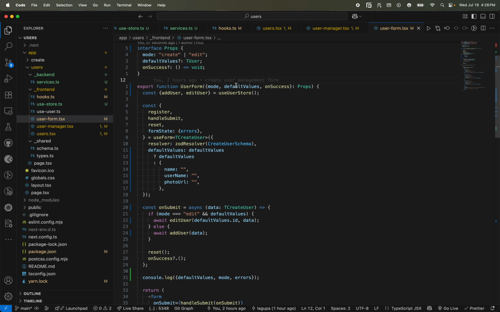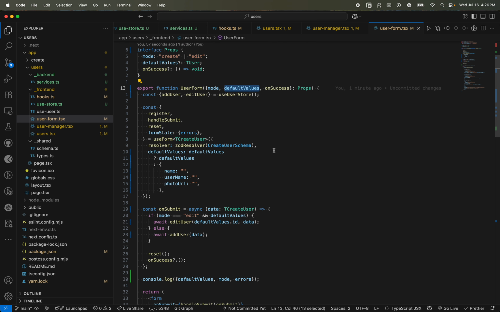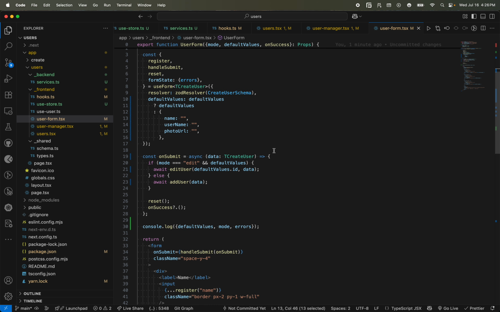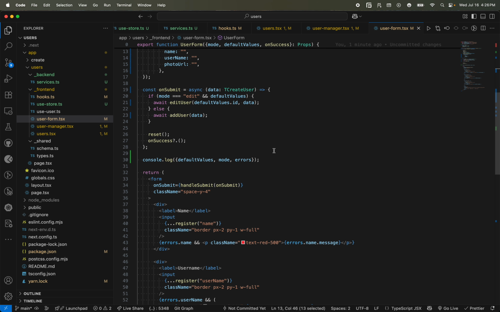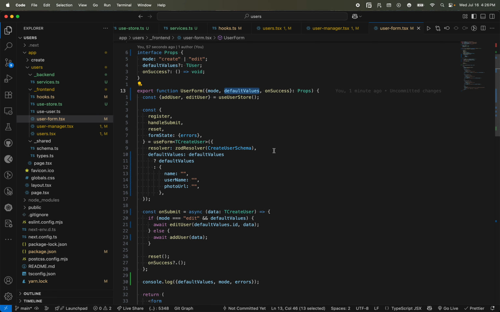This value is coming. Well, we know that value is coming, and we also know, could this be